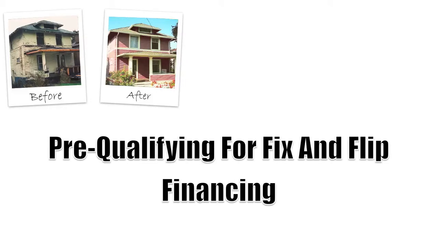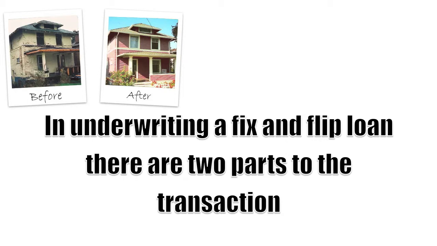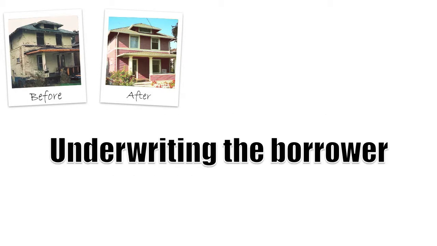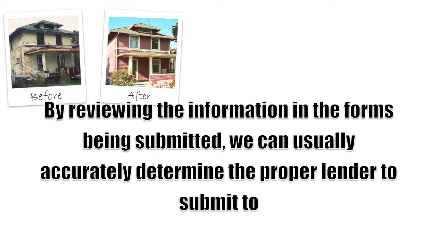Whether you're pre-qualifying or applying for a fix and flip loan, the process is basically the same. Providing timely, complete, and accurate information will greatly increase your chances of being approved and closing fast. In underwriting a fix and flip loan, there are two parts to the transaction: underwriting the borrower and underwriting the property. By reviewing the information in the forms being submitted, we can usually accurately determine the proper lender to submit